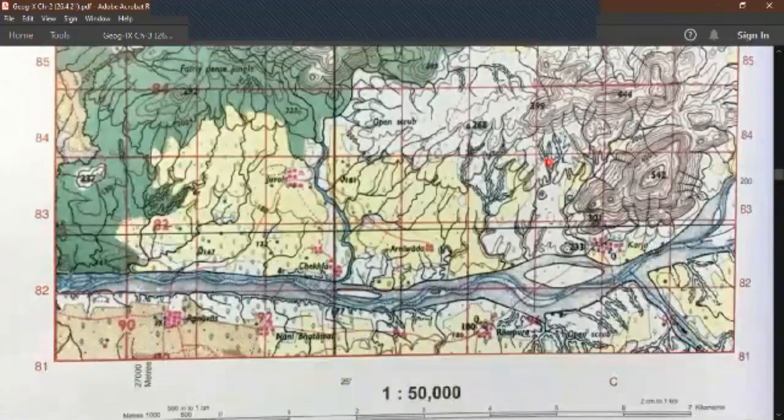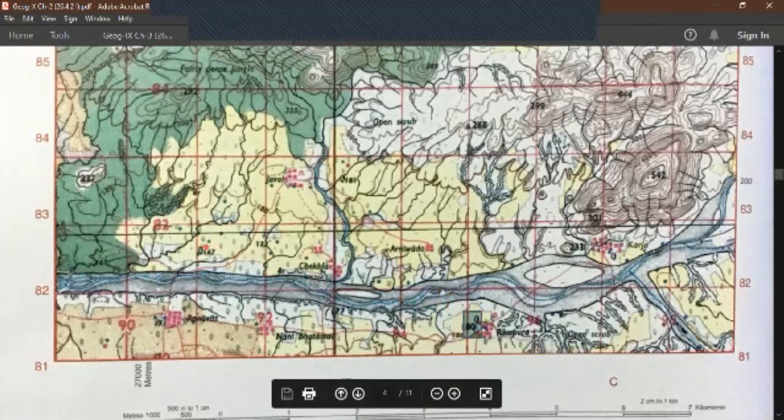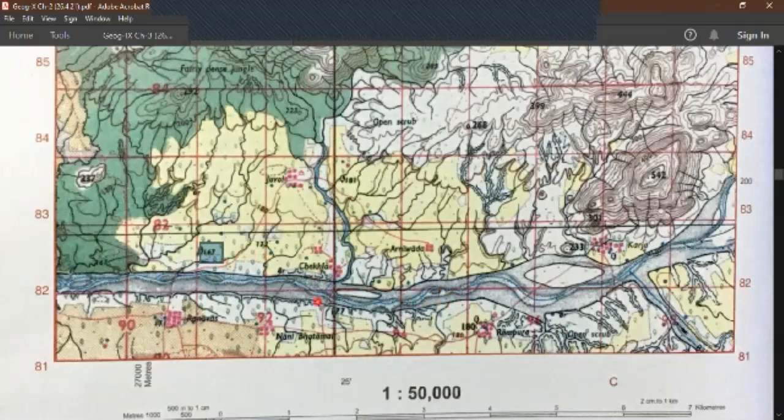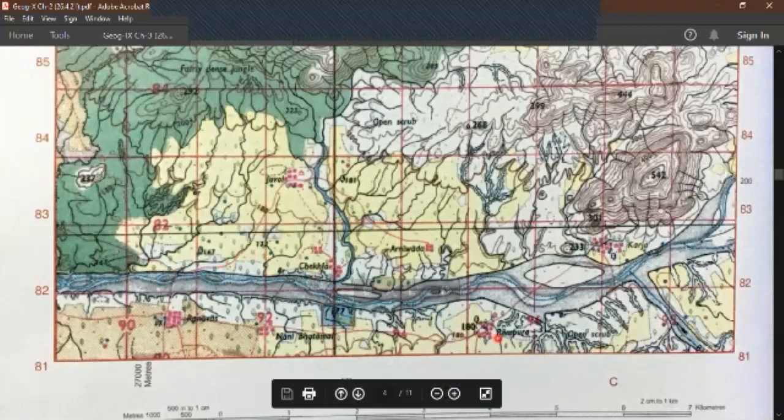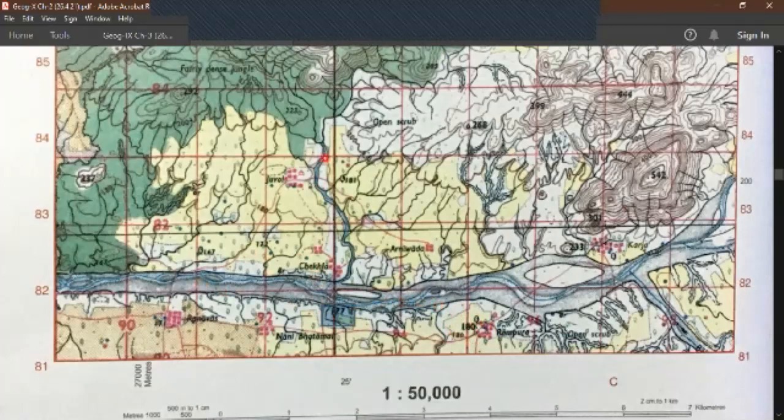Now this is the actual picture. Here, the spot height is 180 near this river. It goes to 167 here and 177 in between. So obviously, the spot heights are decreasing towards the west direction. It means the direction of flow of this river is towards the west. Now, to find out or identify the left bank and right bank of a river,